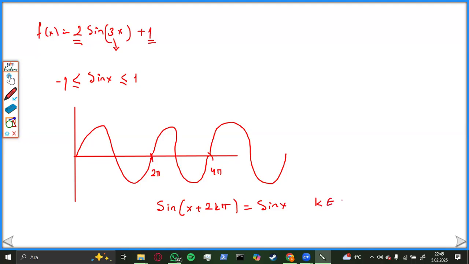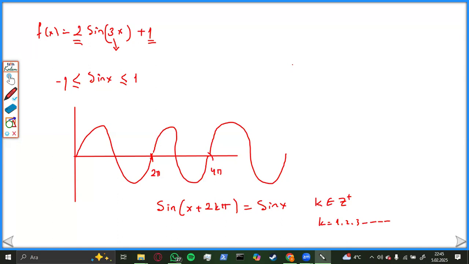But be careful, k is always a positive integer. For instance, k is 1, 2, 3, something like this. So if the k value is always a positive integer, that time you are going to see the same periodic behavior for those graphs. So as you can realize, the coefficient 3 affects